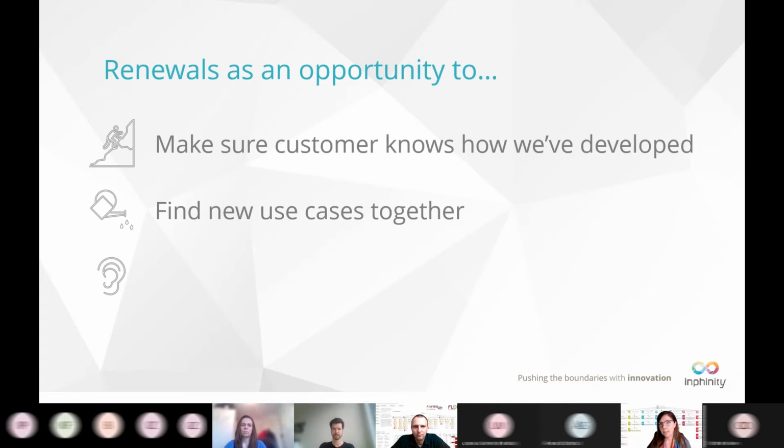Obviously, find the new use cases together, because renewals should always be the opportunity to expand, and not only the number of Infinity users for us. I always imagine that for most of you, the interest is services, and this is a moment where you can discuss and find some advanced use cases.